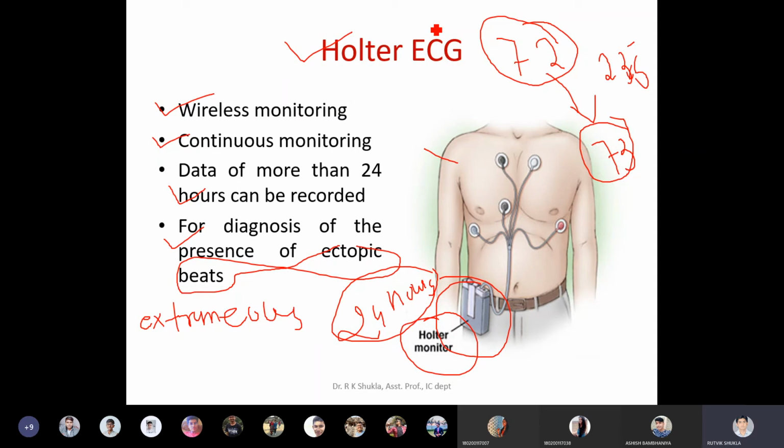You can just give the prediction. What will happen tomorrow, that is unknown to us. So likewise, ectopic beats, it's an irregular, randomly generated beat which is other than the normal heartbeat of a person. Okay, so there are two possibilities. Either the patient goes through the TMT in order to see the stress induced effect, or the patient may have Holter ECG, that is called wireless monitoring.